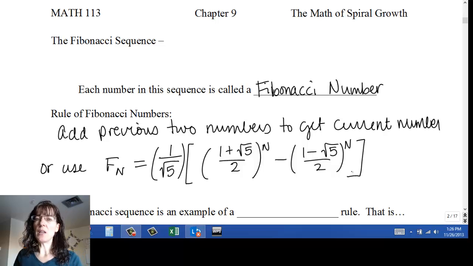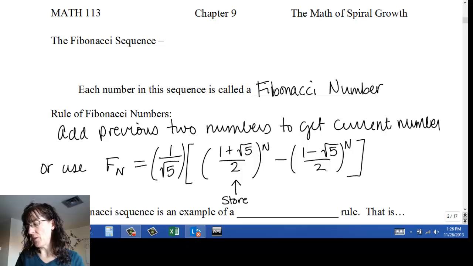So if I look at this equation and I use the order of operations, I can tell I have to work inside these big square brackets first, and then I'll want to find the value of 1 plus the square root of 5 divided by 2, and then raise it to the n, which is whichever Fibonacci number I'm after, so say 35. So I would say 1 plus the square root of 5 divided by 2, and then raised to the 35th power,